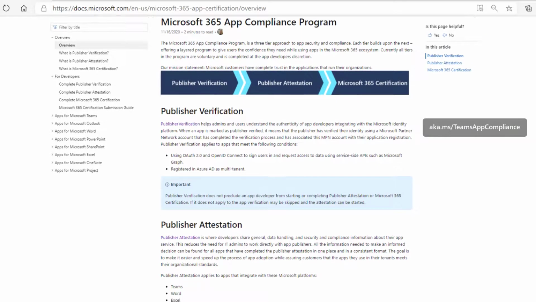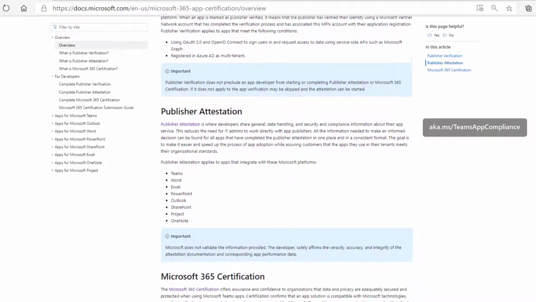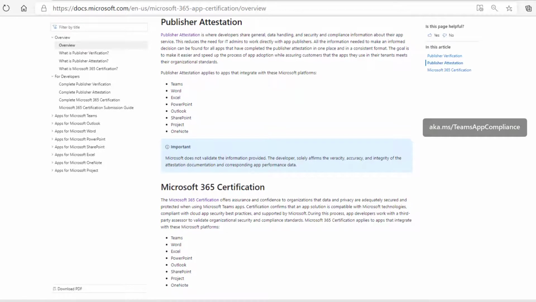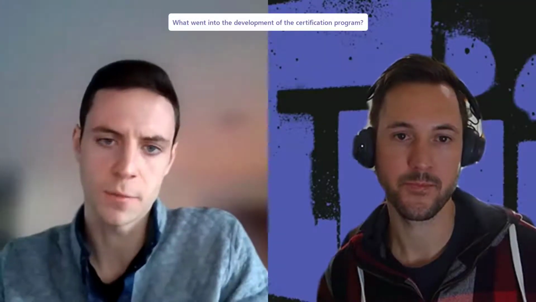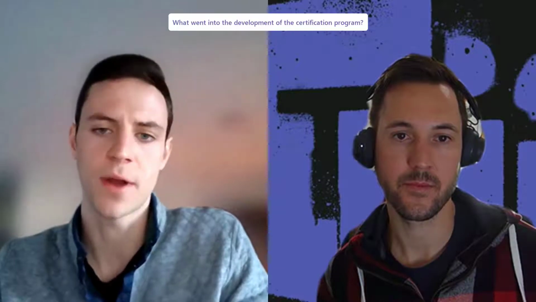Sure, Jay. So the Microsoft App Compliance Program is really just a way of providing an extra layer of security to apps. And we have a few different things we do. We have a publisher attestation as well as the Microsoft 365 certification. When we developed this certification, we looked at things like industry best practices. We asked what sort of things IT admins were most concerned about and did our best to incorporate all of those things and to make sure that our certification provides that ample and reasonable level of assurance about an app's